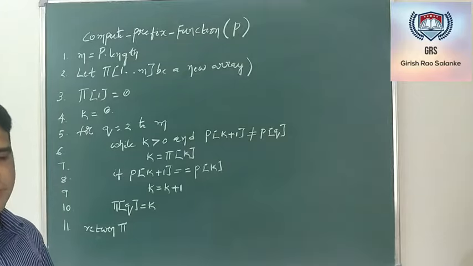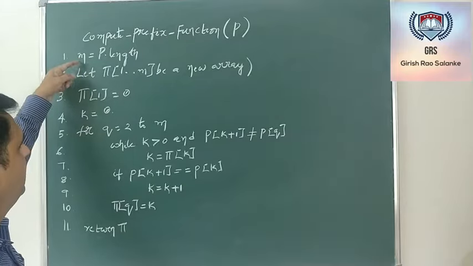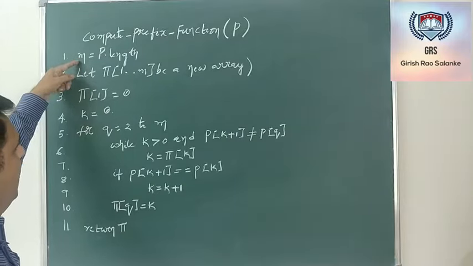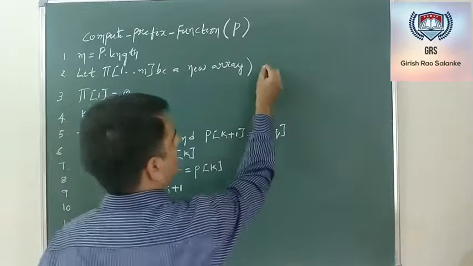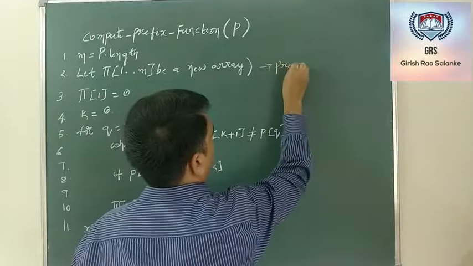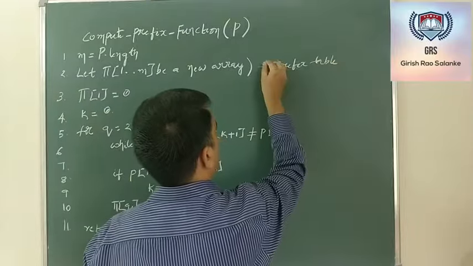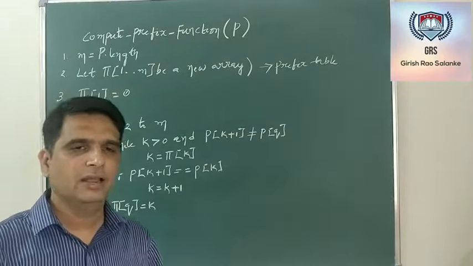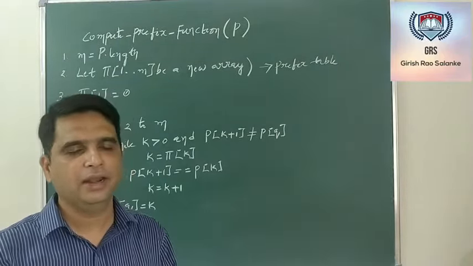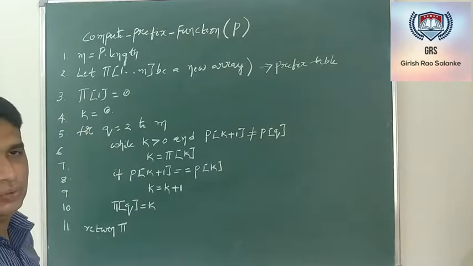Now, what is the first thing that we are going to get? We are extracting the length of the pattern. M is nothing but the length of the pattern, and I am taking a new array denoted with pi, which is nothing but my prefix table, which holds the prefix value for each of the character. Now, as you have seen earlier, for the first character in the pattern, the prefix value is always 0. So therefore, pi of 1 is being initialized to 0.